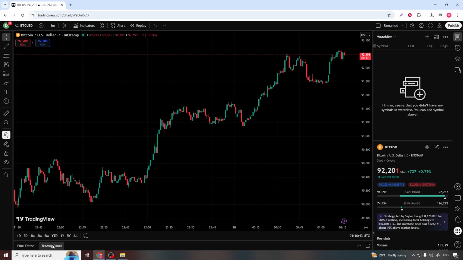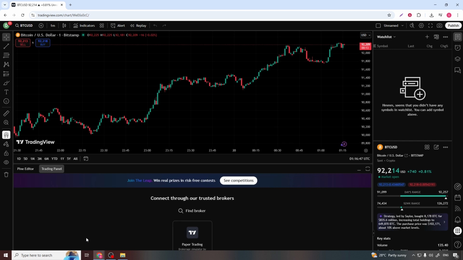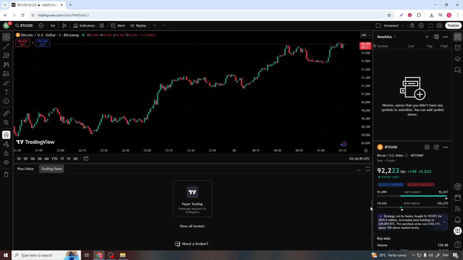The connection to InnovestX will be done from inside the charting interface. Look toward the bottom of the screen for the tab labeled Trading Panel. This is where Tradingview lets you connect to different brokers and trading platforms. Click on the Trading Panel tab, and the panel will slide up or expand to show a list of available